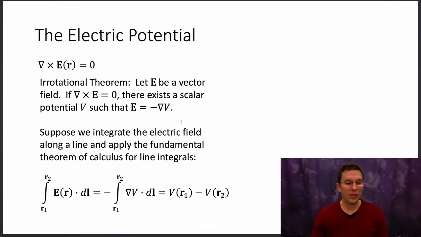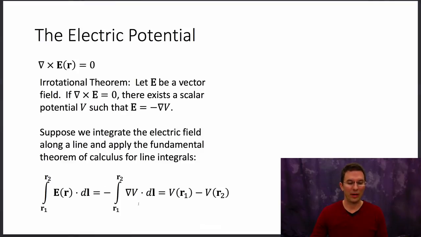Let's say that we integrate the electric field along a line and apply the fundamental theorem of calculus for line integrals. That's the next thing we're going to do. We take the electric field and integrate it along a line connecting a point indicated by R1 and a point indicated by R2. We can now substitute in the electrostatic case for the electric field. That's all I've done in this next step: I'm simply saying the electric field is minus the gradient of the